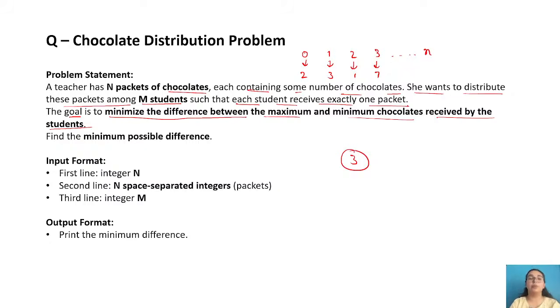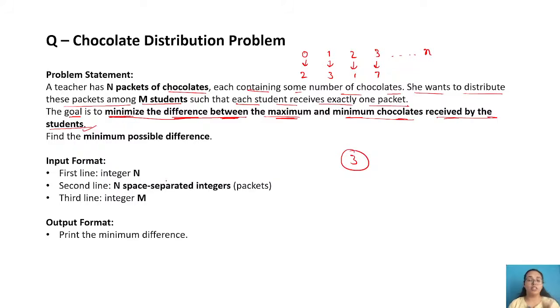You will be given n packets of chocolates, each packet has some number of chocolates, and you have to distribute to M students such that each student gets exactly one packet. That is your situation. Now let's see what they are asking you to do. The goal is to minimize the difference between the maximum and the minimum chocolates received by the students.